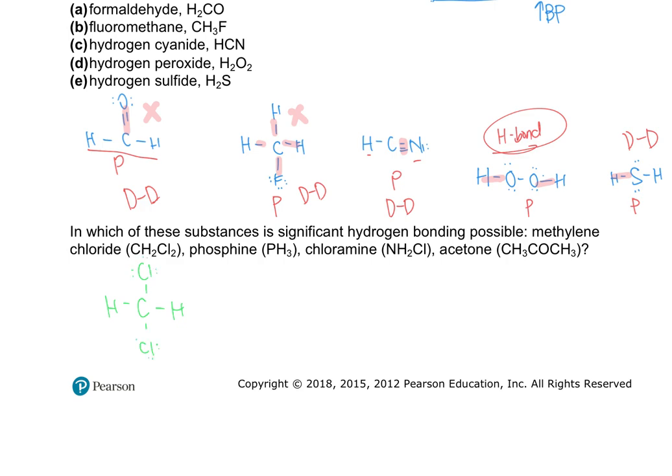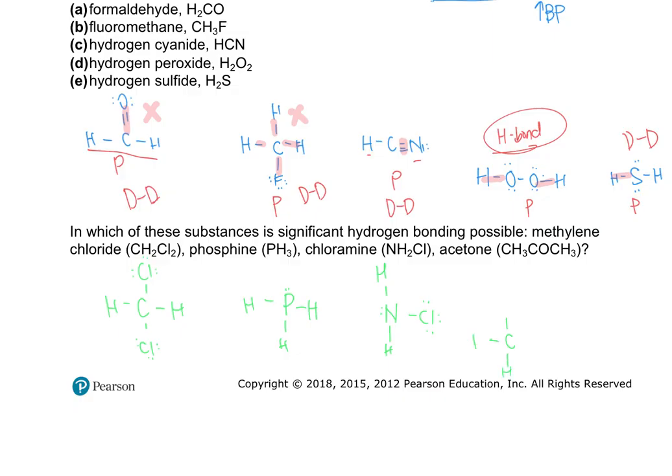You should practice doing the Lewis structures the right way. This is my shortcut, as I've been doing this for a long time. Phosphine is very similar to ammonia. It looks like this. Chloramine, NH2 bonded to a chlorine. And then acetone, oh, we've talked about that,